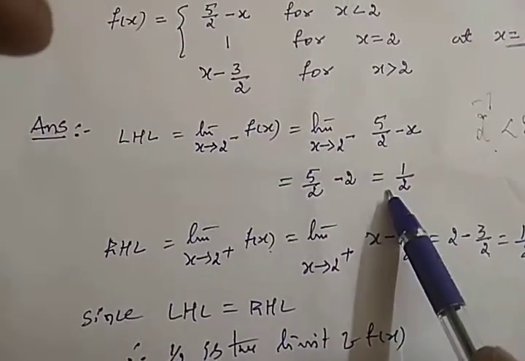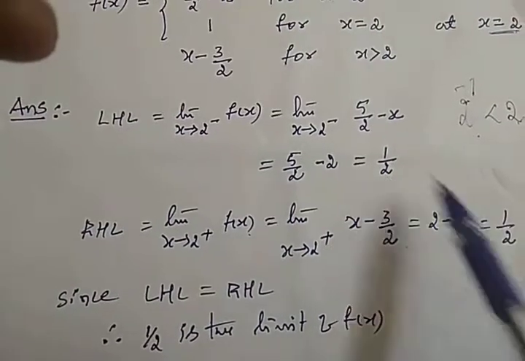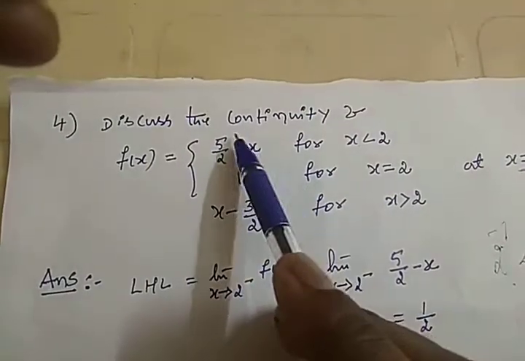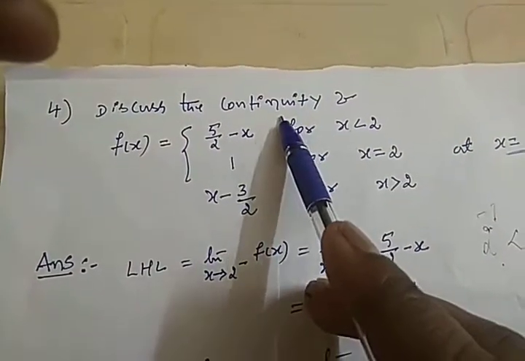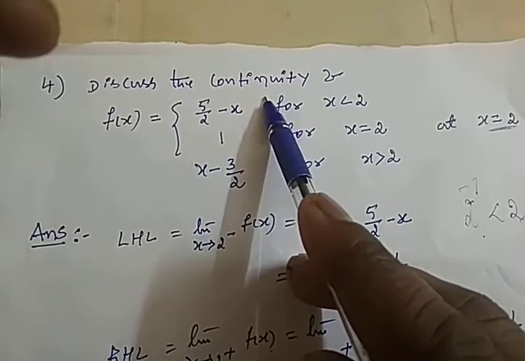Observe here, the left hand limit is 1 by 2 and the right hand limit is 1 by 2. Therefore, 1 by 2 is the limit of this function. But we have to discuss the continuity. To discuss the continuity, after finding the limit, we have to find out the functional